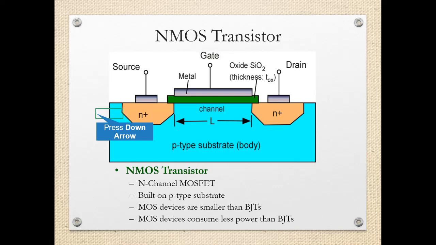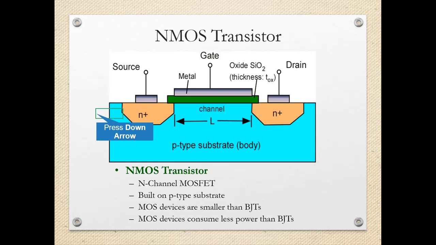So it is an N channel MOSFET, and we can see the dimensions of the channel, that is indicated as capital L. This channel length is the important parameter for any MOSFET because that decides the size of the device, and that is expressed as the technology scale. The technology scale is reducing day by day, hence the channel length for the MOSFET is also reducing. So in this particular lecture we will be studying the details of this MOSFET and what are the different effects of reducing the channel length.